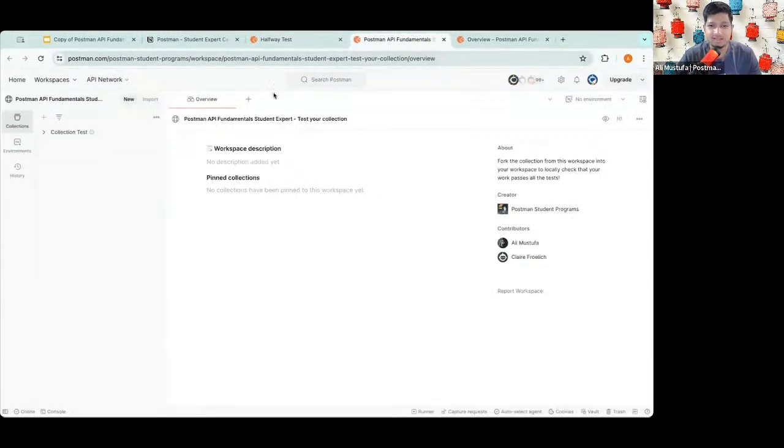By the way, if you don't get this link, don't worry. I have also added it on the Notion page, so I'll do that for you as well. You can see this is a public workspace. The difference between the workspace which we have right now, which is a personal workspace, and this public workspace is that in a public workspace, everyone can see. In a personal workspace, only you can see. So see the difference, right? This is a public workspace, so we all can see.